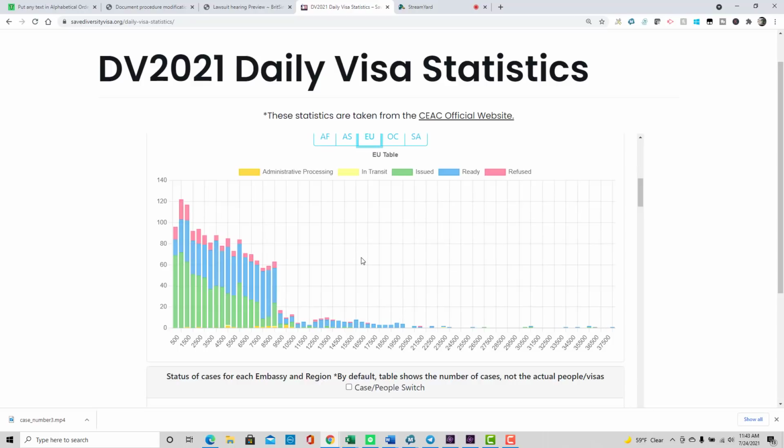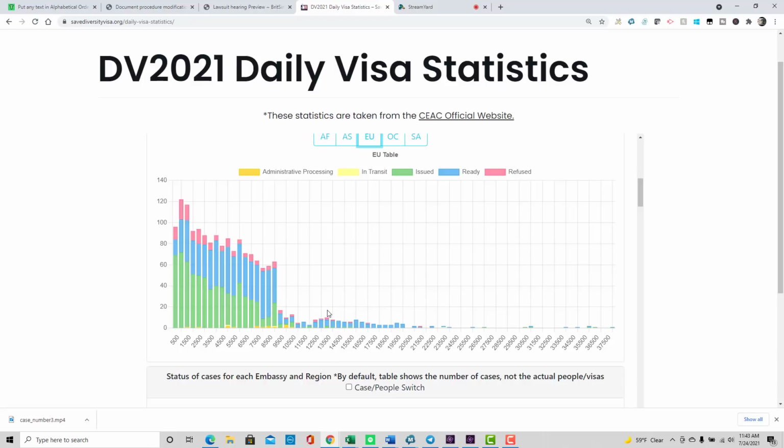And then if we look at EU, it has the same sort of behavior. Magically, at around case number 9,000, it seems like there is an obvious benefit to be in the first 9,000 cases, and after that point, it's like you fall off a cliff. There isn't the same sort of number of people applying for their visas or sending their documents in, etc., in this range.